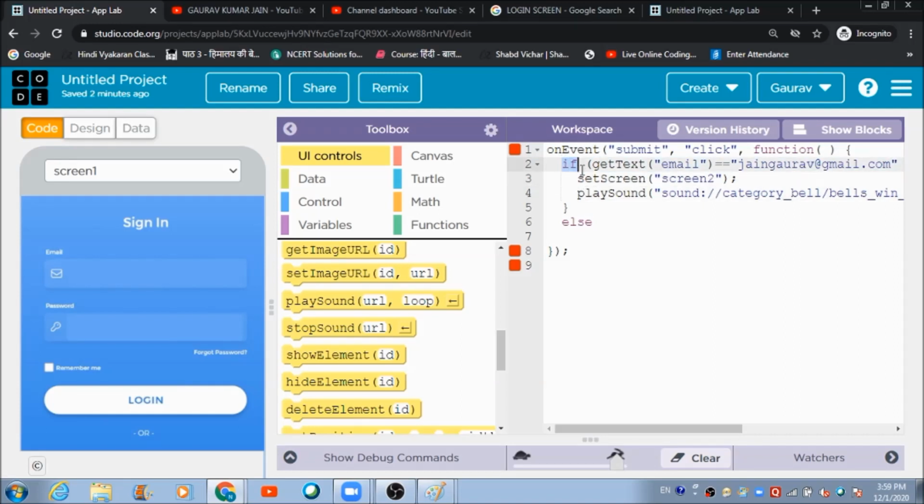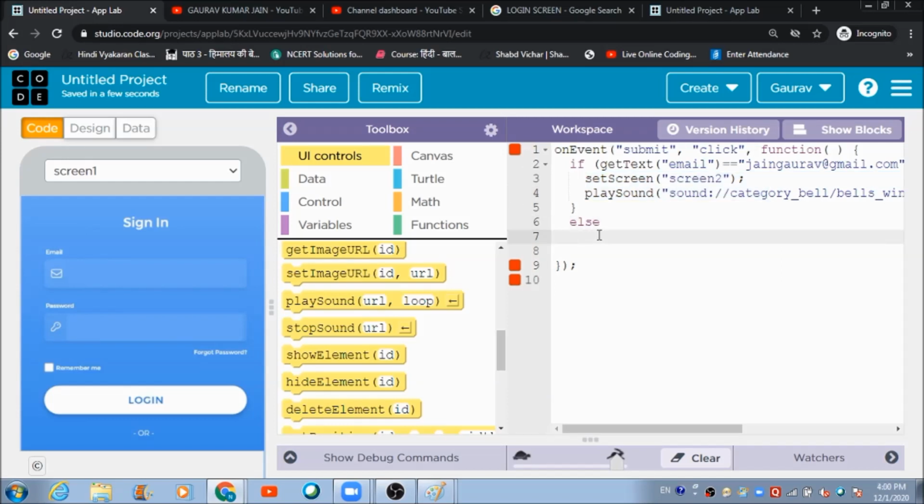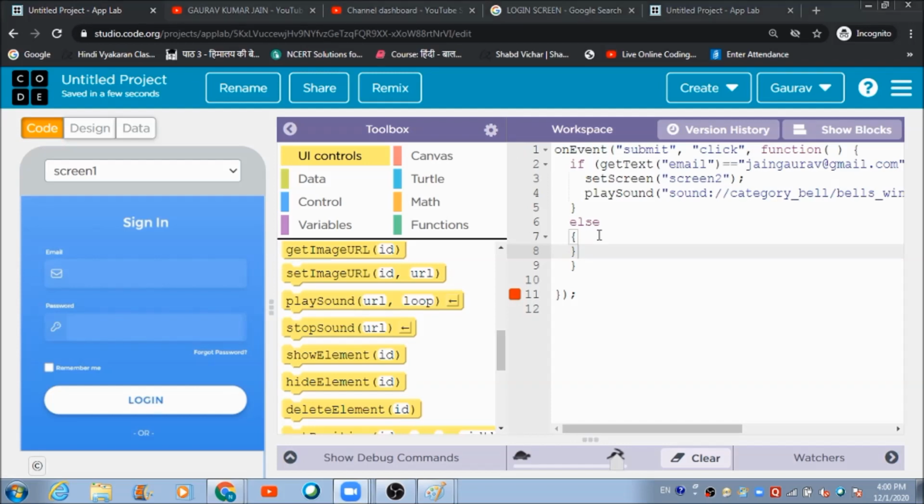If means if this condition which you have defined here inside the if is true, then this is what is going to happen. These are the two lines of code which are going to get executed. Else means otherwise, what should happen?